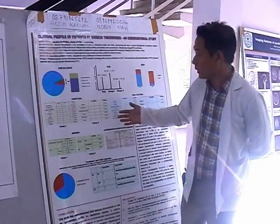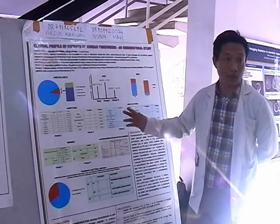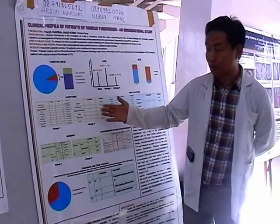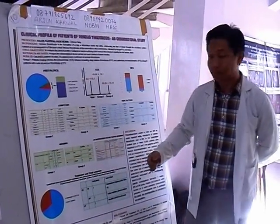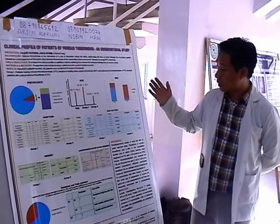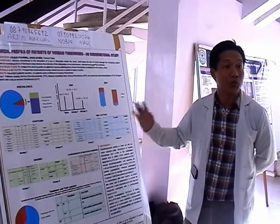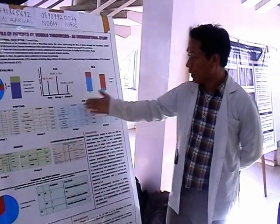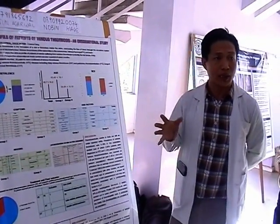And in group 2, the most common symptoms were headache and limb weakness. Other symptoms were abnormal mental functions, vomiting, blurred vision, and seizures. In 80% of the patients, we found an associated risk factor. In group 1, in 5 of the patients, we could not associate them with any